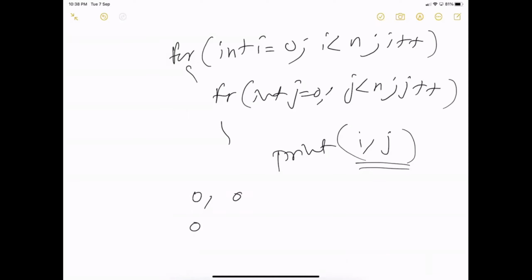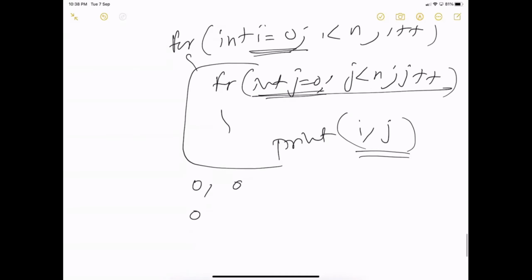how a loop works is, for i equal to 0, this inner one will be executed. Once you come into this inner one, it will be executed for this condition. So the outer one will be i equal to 0, and then the inner one will be 0, 1. So this will be executed n times. Okay, so forget about the outer one now.